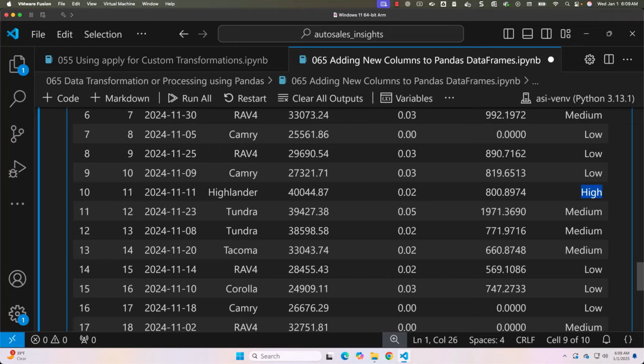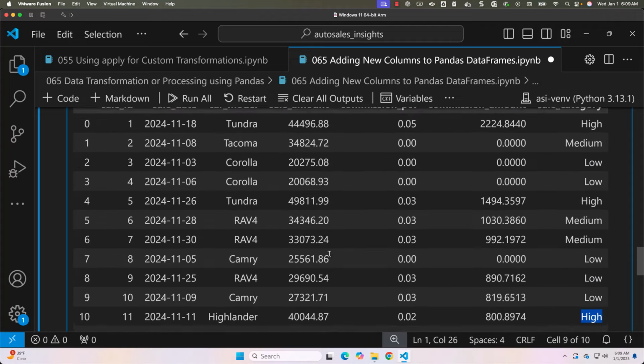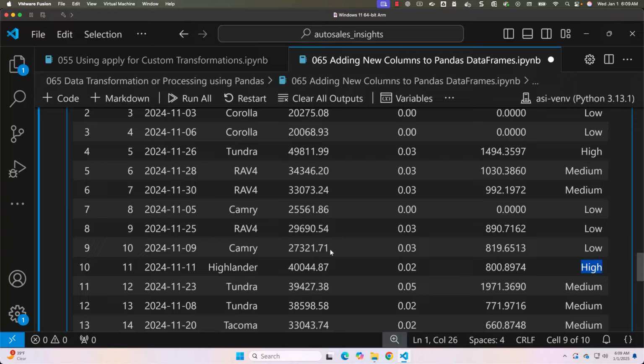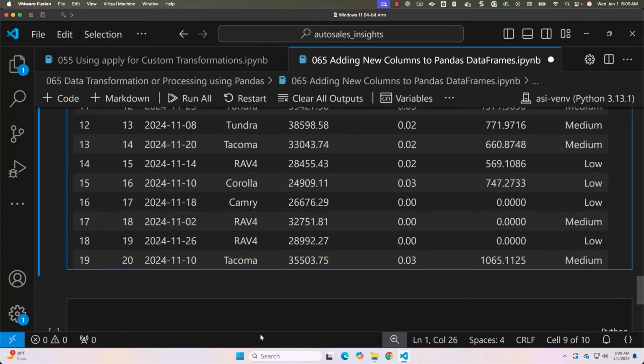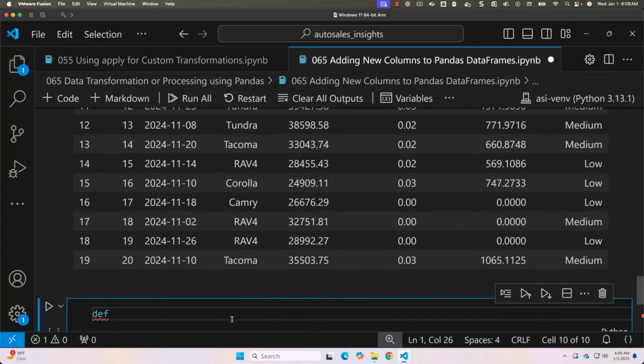Boolean conditions are used to assign categories based on sale amount. The loc method is an efficient way of updating specific rows based on conditions. Here you can also use the apply method. For that, what I'll be doing is creating a new function. The function name is nothing but get_sale_category,